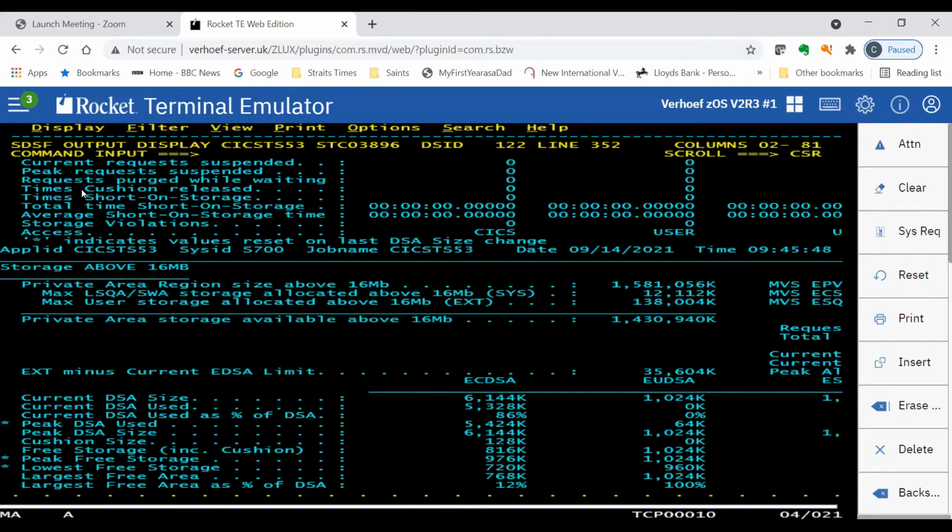Once you start getting cushion released, then depending on the number, you are running short on storage, even though you may not get the message coming up. So you can preempt this situation by getting an understanding of the way storage is being utilized and whether you're reaching the end of that area. Now, if you're in CICS Explorer, it will list the cushion for you anyway, which you don't get through CEMT.